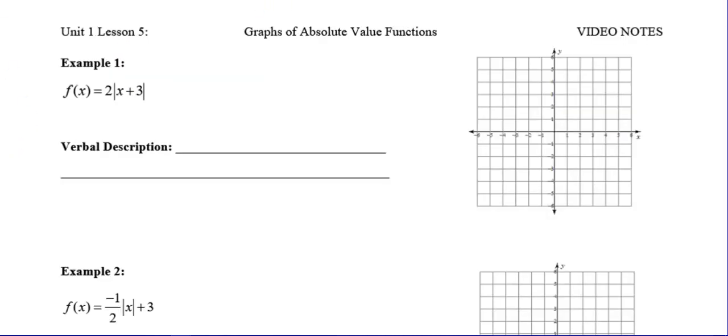Okay, so in this first example here, we're looking at f of x equals 2 multiplied by the absolute value of x plus 3. So let's talk about the verbal description. What's happening here? And I like to write it out as I read from left to right. So the first thing you would see is a reflection, but it's positive, so there's no reflection. The next thing is a stretch or compression. 2 is greater than 1, so this is a stretch by a factor of 2. The next thing is a horizontal shift left or right, and this is plus 3, but again that's